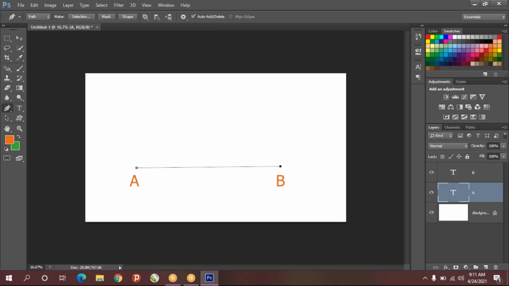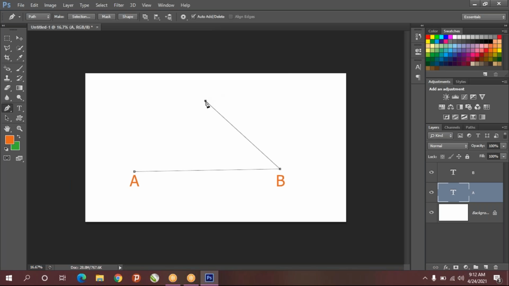It is not like the lasso tool. See, if you take the lasso tool, it will show the line where you are moving, but the pen tool won't show the line where you are moving. Just one click you do, and the next click will show the line.